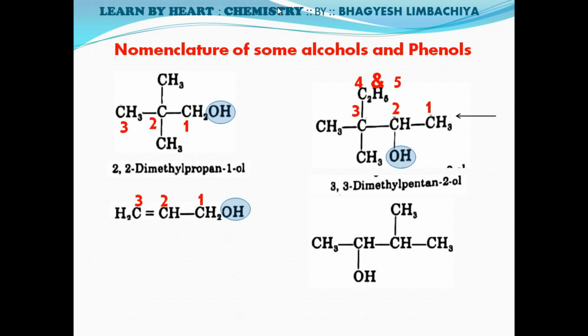Next, again the OH-containing carbon is given the first number, second and then third. On the second carbon atom there is a double bond, that's why the name of the substance will be prop-2-ene, because on the second carbon there is a double bond, so that means alkene, and on the first carbon atom there is an OH. So the name of the substance is prop-2-en-1-ol, and the common name of this substance is allyl alcohol. Third example, the OH-containing carbon is given the least number, first, second, third and fourth, and the name of the substance is 3-methyl butan-2-ol.